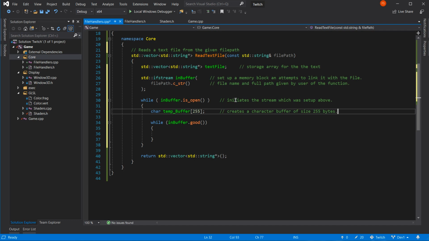Quarter of a kilobyte is pretty diddy by today's standards, I guess.